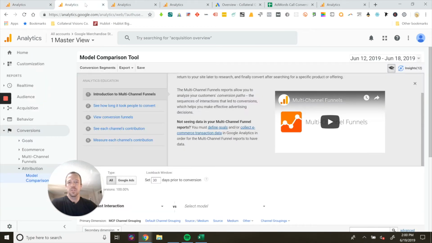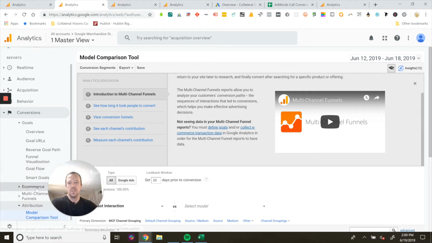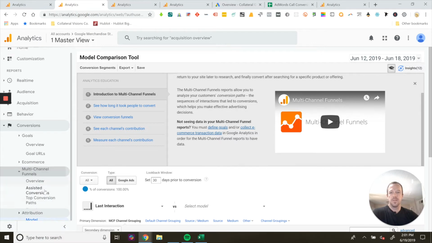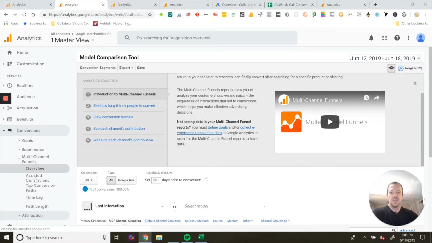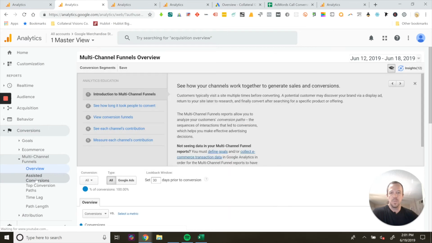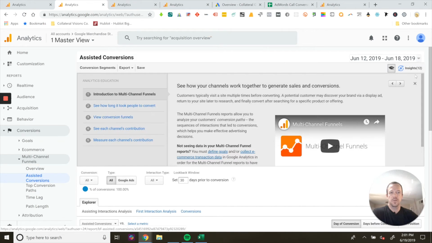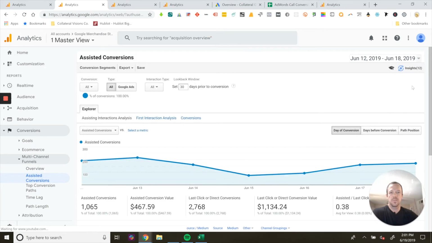So the next portion is this comparison tool, right? It's something we didn't really talk about in the slide deck, but this conversion option down at the lower end, you have your goals. This is going to give you specifics to the goals that you've set within the account. This is going to be specific to your e-commerce goals. And then you have your multi-channel funnels, right? This is really a cool tool because you can see how people are interacting with each component. Then you have basically a nice little instruction, since it's a brand new account. Still have the instructions up here, but